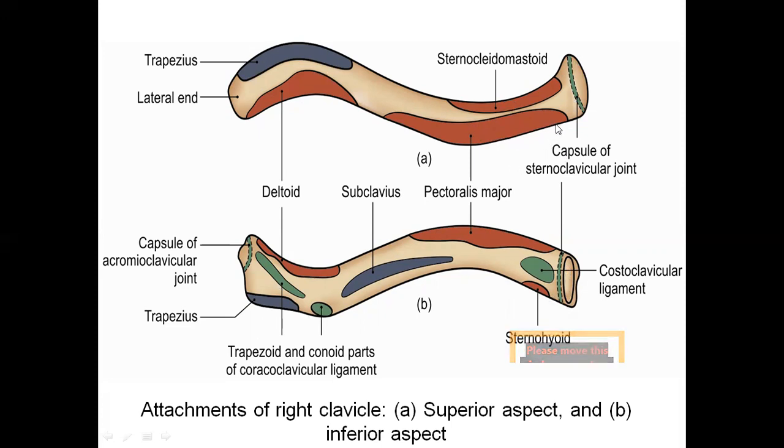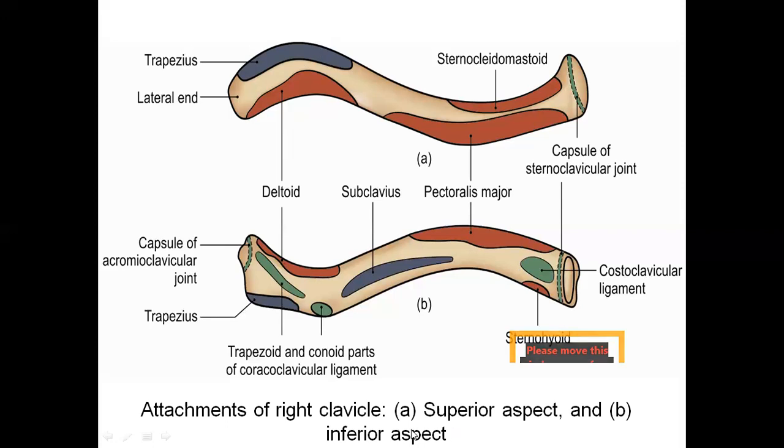Now from the anterior surface, the anterior 2/3, you find the origin of pectoralis major, and when you see from the superior aspect, you also have the origin of sternocleidomastoid muscle. When we see the lateral 1/3, I told you it is flat. Now if you see from the anterior aspect, it gives the origin to deltoid, and the posterior border of the lateral 1/3 receives the insertion of trapezius.